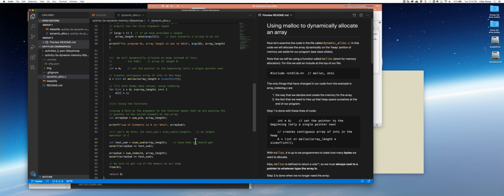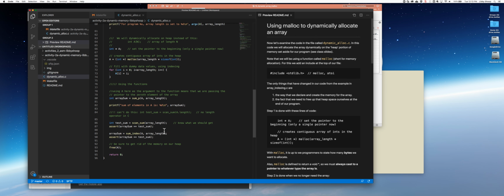Then the functions to sum up those values are called here, and this scan sum is a way to sum up those very same values in a different way, and then we're asserting that the sump function actually worked correctly, and similarly sumindex does the very same thing. And then you'll notice here at the bottom, when we're done, we execute this free command,